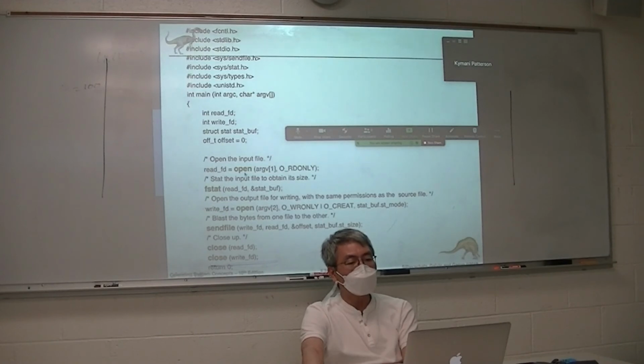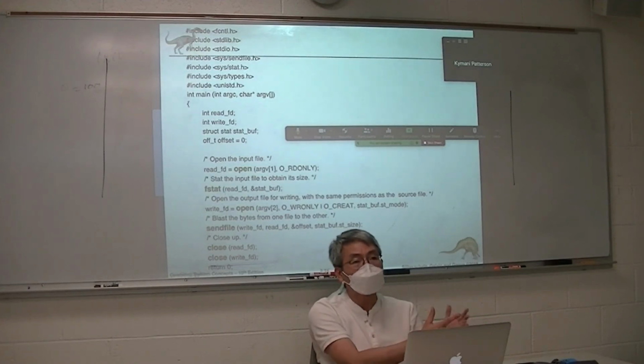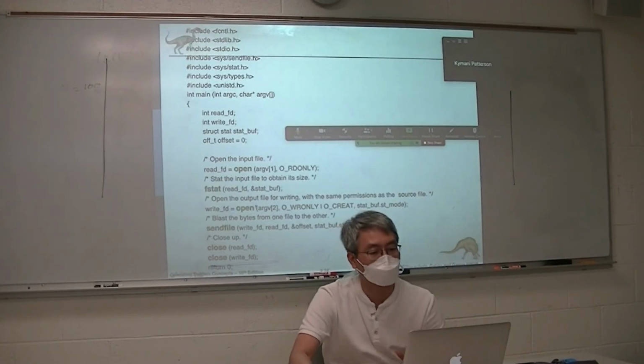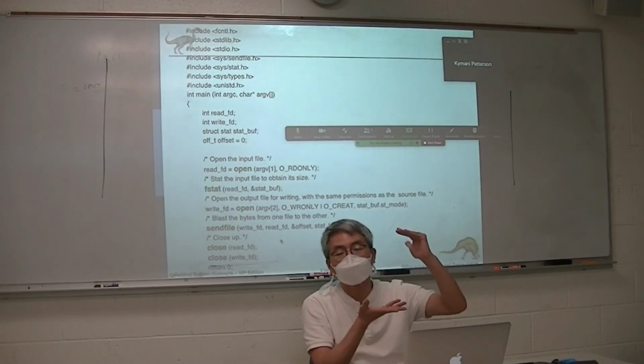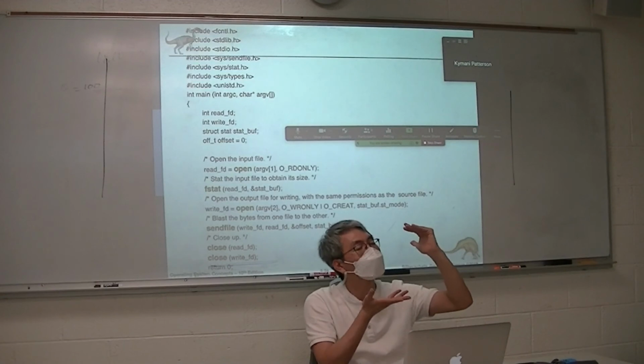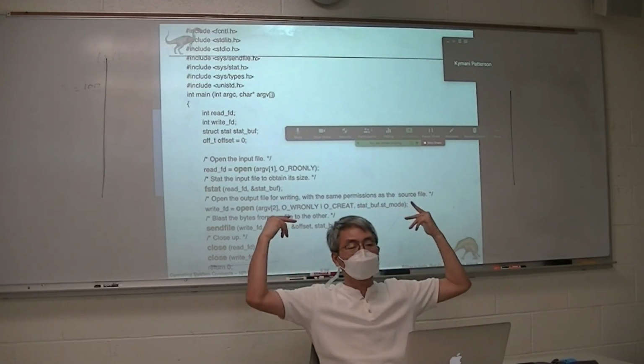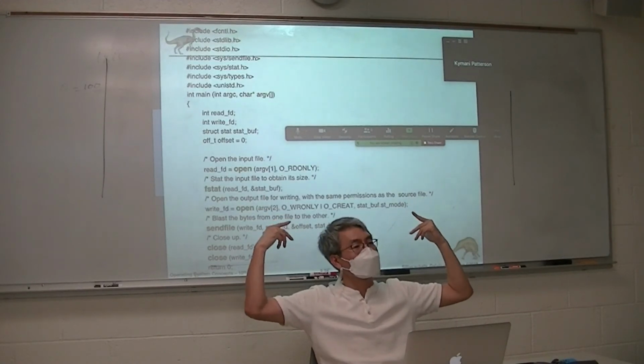You can guess, it opens the file, then tests whether the file is valid. If there is no source file, it should be an error, right? Then if that is okay, and the destination is opened, it sends the file using read and write. Then you can see it closes the files. It's actually the system programming of the cp command. If you ever used the cp command on your command line, this is it. Very simple. So this is system programming.